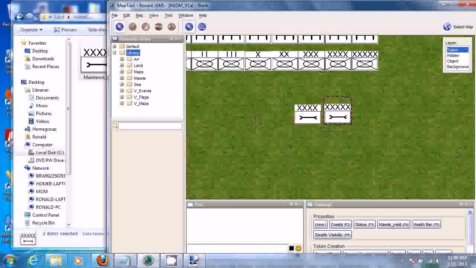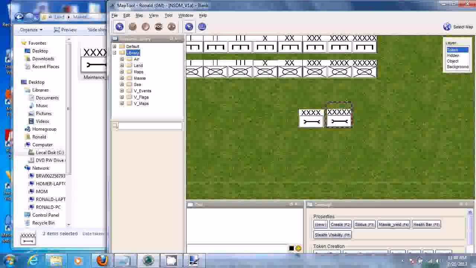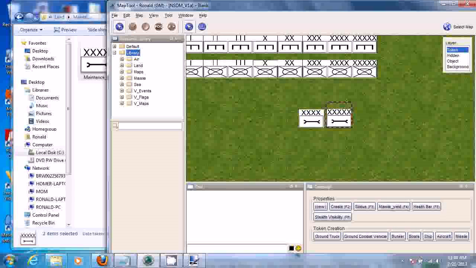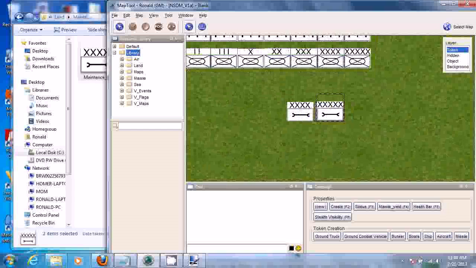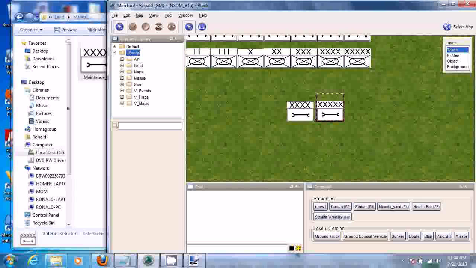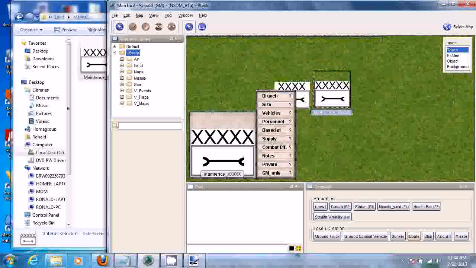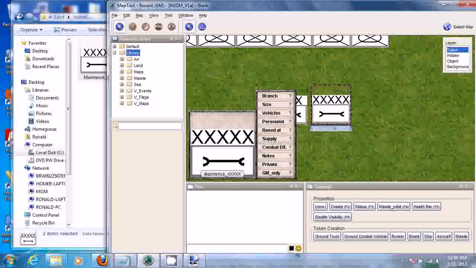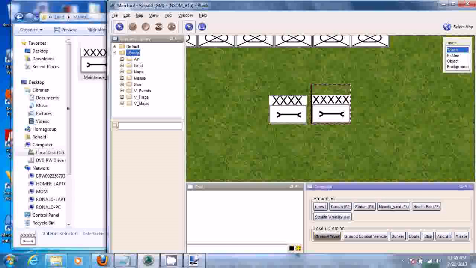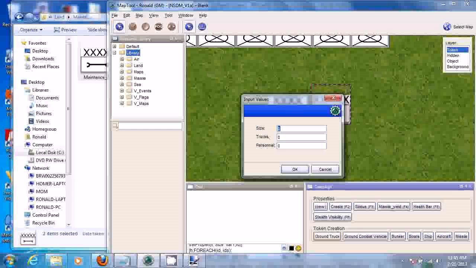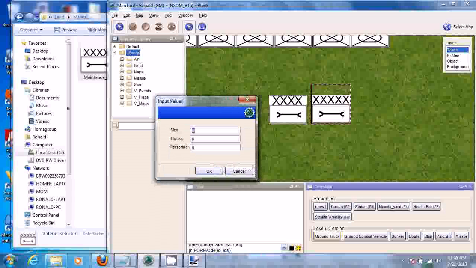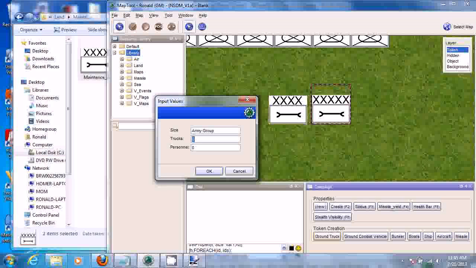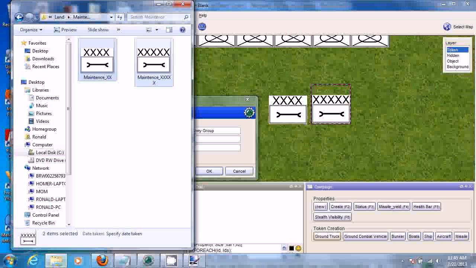And then what we have here is, depending on what type of unit this is, I can click on one of these macros down along the bottom and set its standard size of unit. So let's call this a ground truck. The default size is, that's an army group. Number of trucks, I'll have to look up. And personnel, I'll have to look up. And for that,